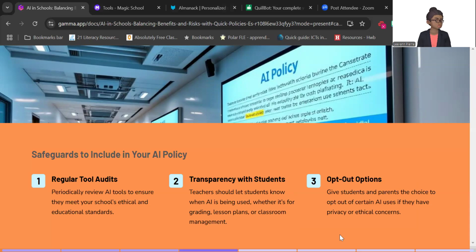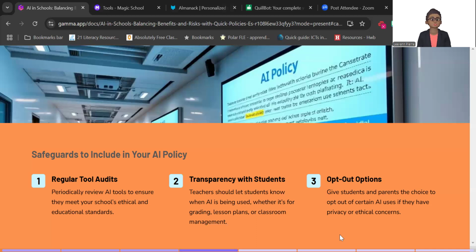We need to ensure that as we develop our AI policy, we have regular tool audits, as I mentioned before. So periodically review AI tools to ensure they meet your school's ethical and educational standards. Don't depend on what you are reading in the media. Don't depend on what somebody else says at another school.